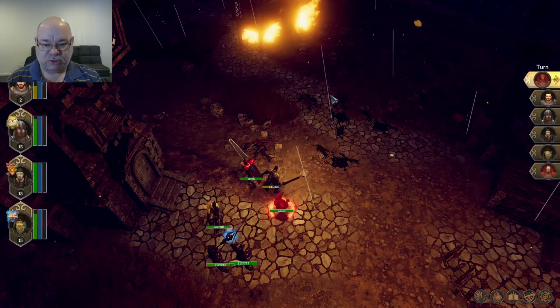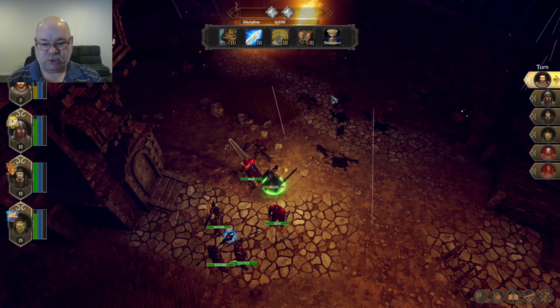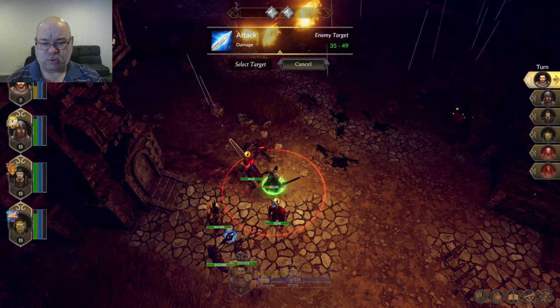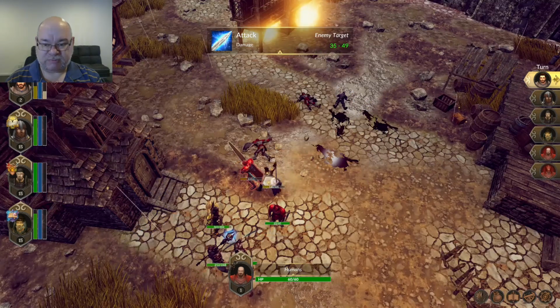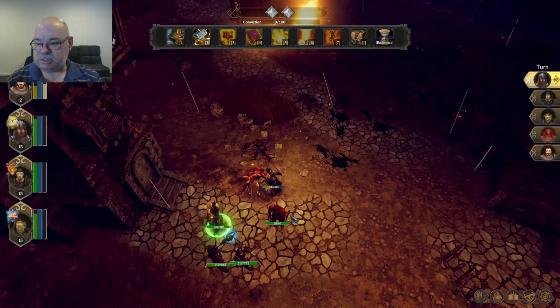Okay, so... does that mean attacks work? You just attack everything within range? No, I didn't want to move. I wanted to attack. No, but a two-handed sword might attack everything within range. We shall see. What's this? This is...